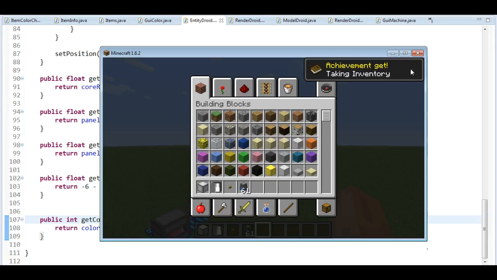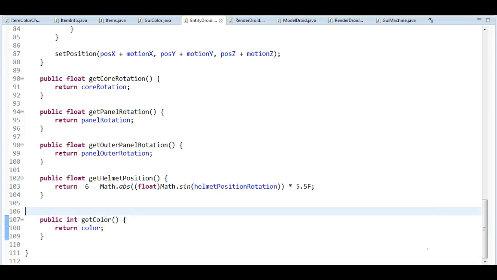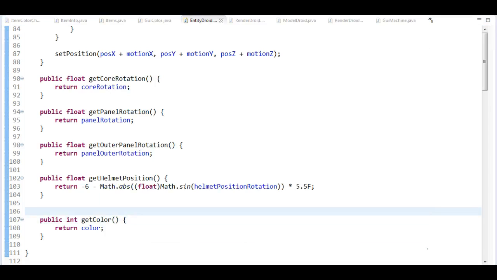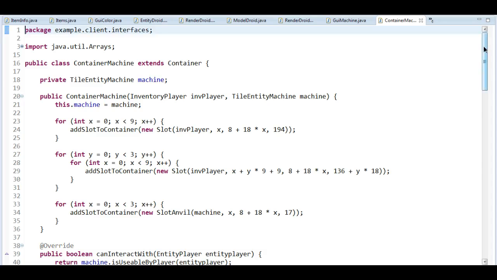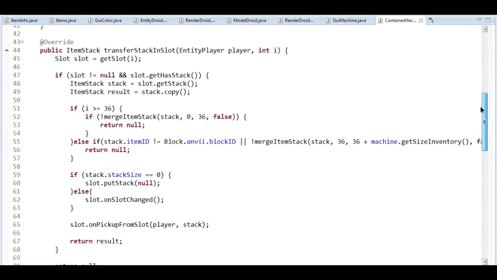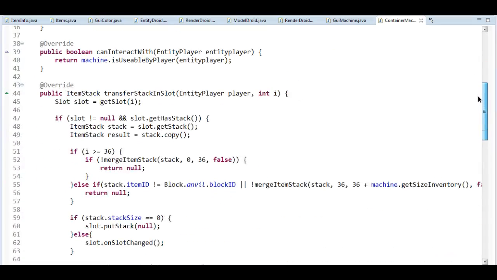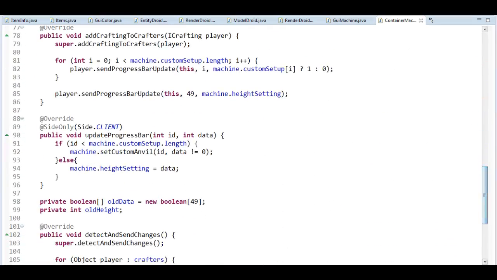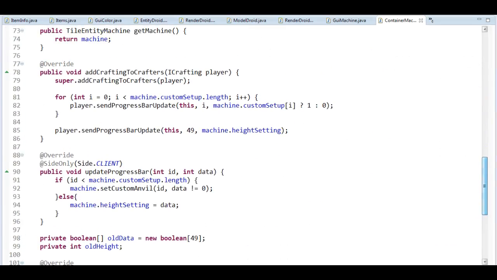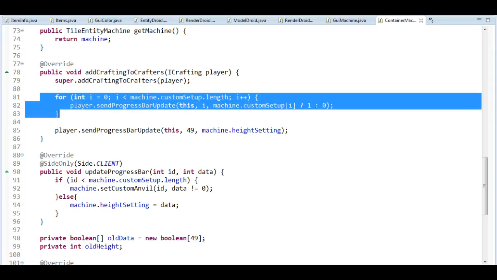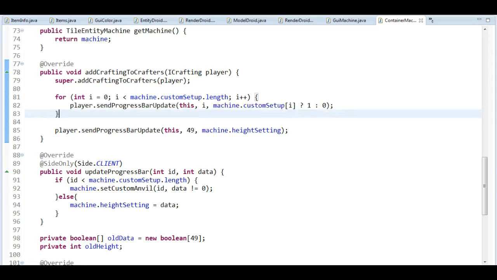So, what now? Well, I'm just going to leave you with one more thing. I'm not going to do it, I'm just going to mention it, and then we're going to end this lecture and this course. So, in course number 4, lecture number 3, or whichever lecture that was, lecture number 4 I think actually, what we had was this thing here. When we synchronized the data from the server to the client, what we did was send 49 different Boolean values. But what we know now is that we can just compress them into